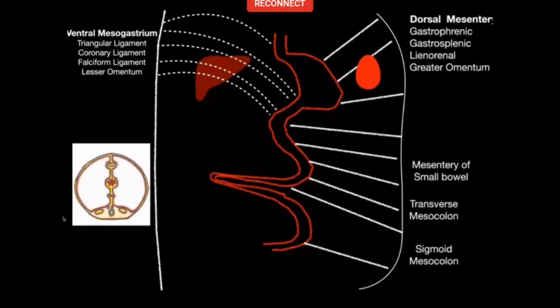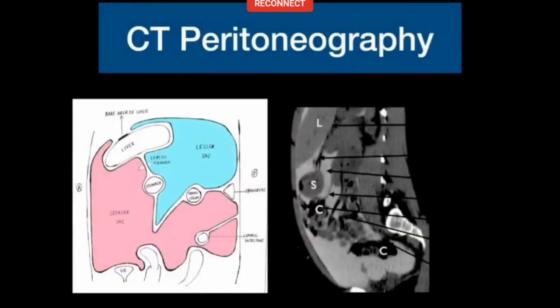All right. Like I told you, again, this is a cross section. You see the stomach tube. What will happen is that the liver will rotate to the right, the stomach will be pushed to the left, and they will form two big peritoneal cavities, one of which will be known as the greater sac, which will be the big one because it is greater, and one of which is known as the lesser sac.